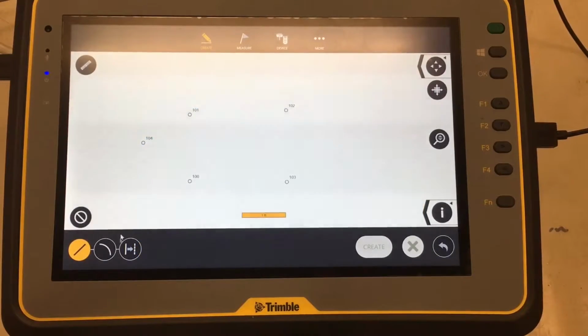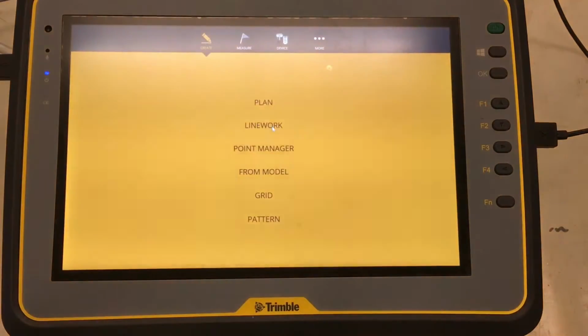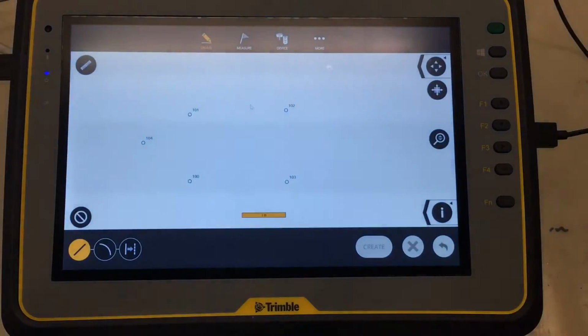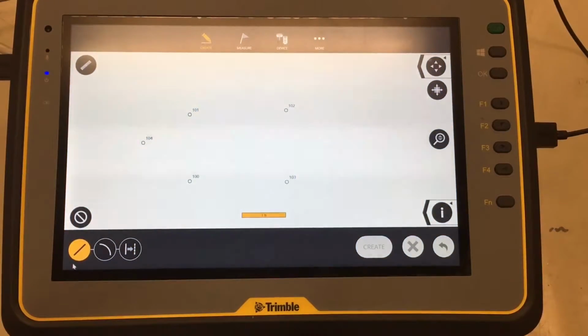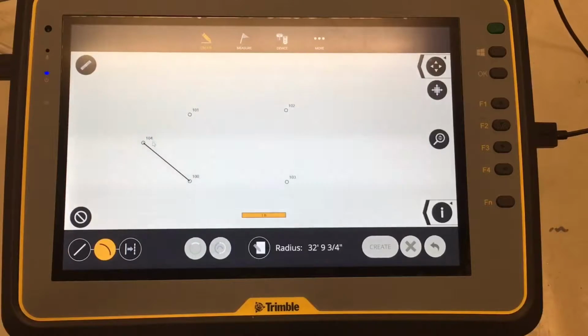So now that we've got some points in here, we can go and put some lines in. To do that, go to create, and you will go to line work, and it'll bring up this menu. In your bottom left hand corner, you have the different lines you can choose to create. Your regular one, click between 2 points, and this will create a line. To create an arc,